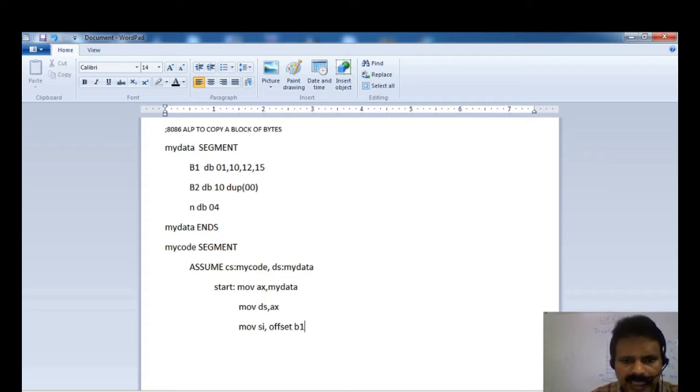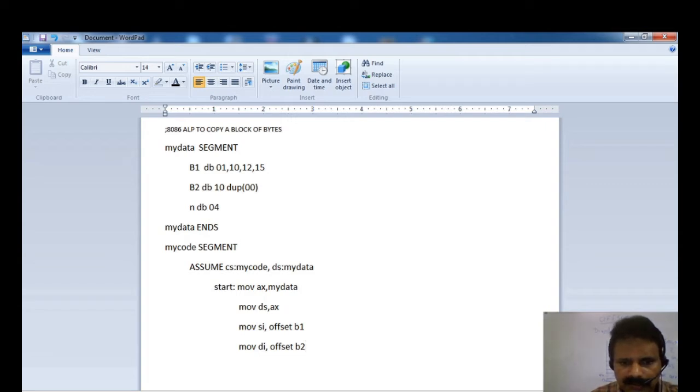Now my SI register will be pointing to the block named B1, and I am pointing my DI register, the destination index register, to the block B2.